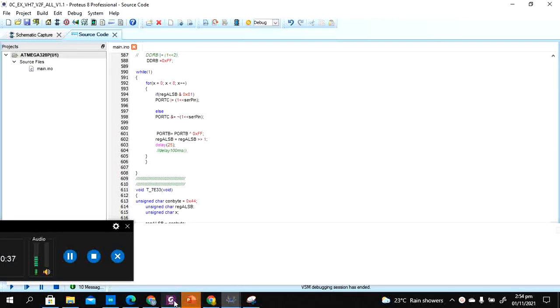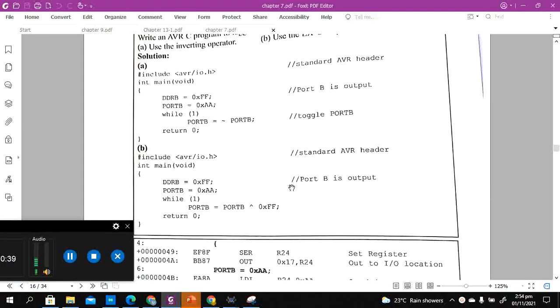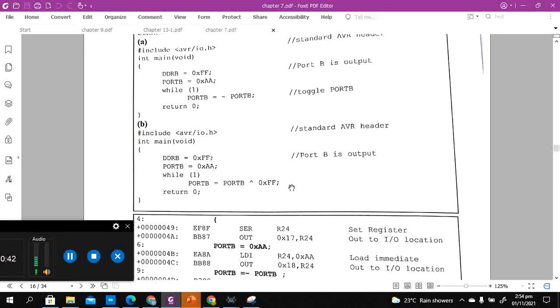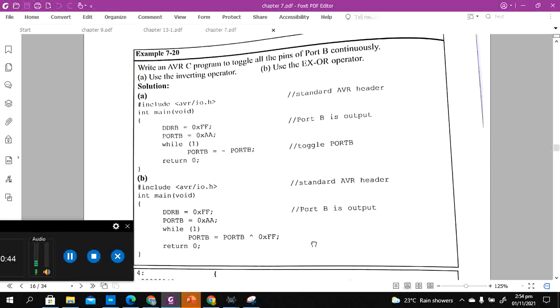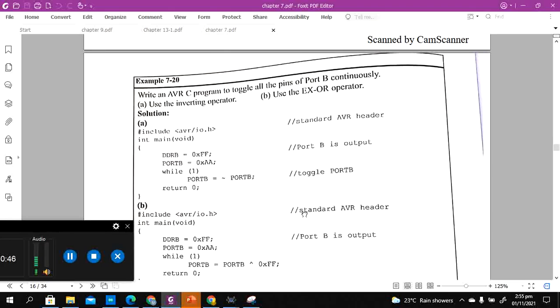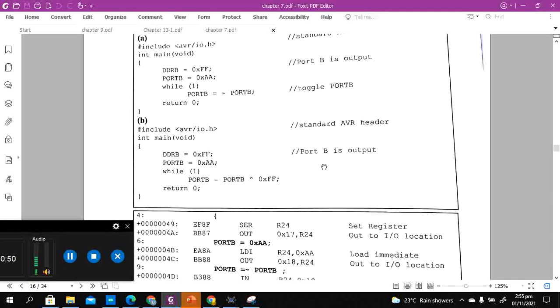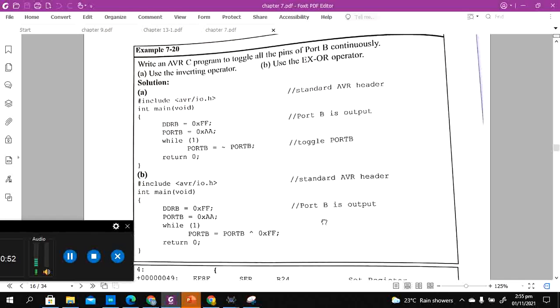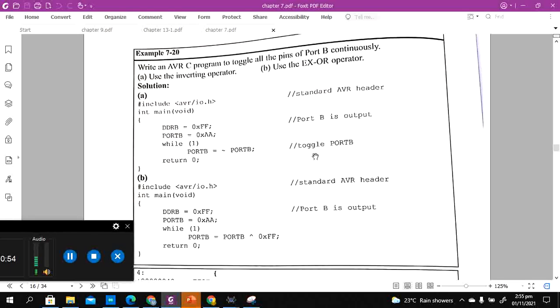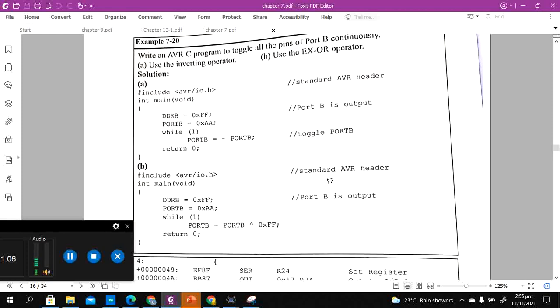So these were the examples of chapter number 7. We have tried to cover almost all the examples that were directly relating to the hardware, and also simulated some of the important examples in Proteus, so that you can have an idea what these examples would be in real life scenarios, or when simulated in a simulation engine like Proteus. We hope that it is useful. Thank you. Allah Hafiz.